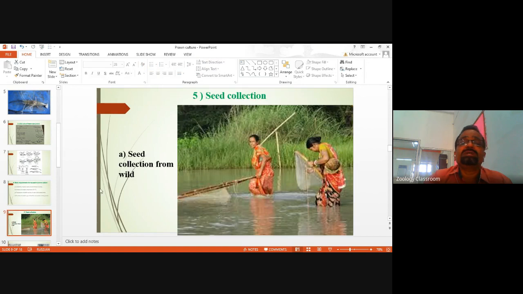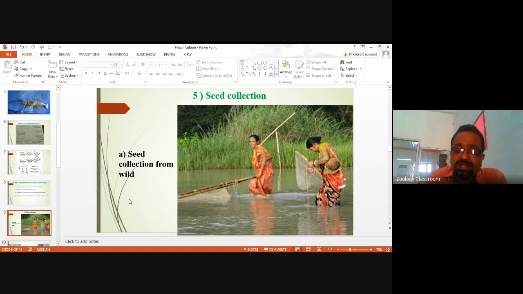Now, next point here is seed collection. Seed collection from the wild areas. How is the seed collected? Wild means from nature. Now, larvae and post larvae are obtained by two methods, and the first one is the collection of seed from